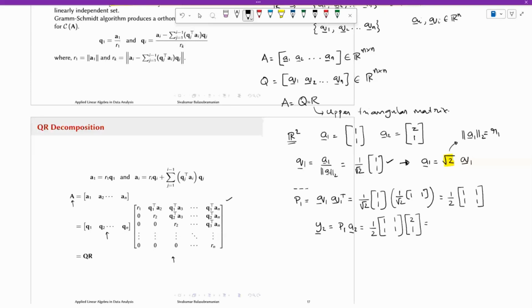What is it? Okay, that's not enough. Next thing we do, find del 2. What is del 2? Del 2 will simply be the difference between the original vector and its orthogonal projection. What is this? It will be 2, 1 minus